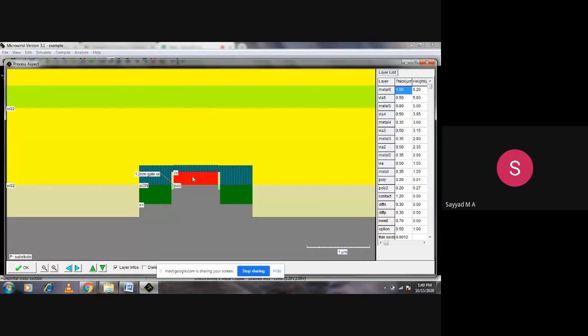But as soon as I put the polysilicon over there, what happened? Whatever N plus was there below the polysilicon, now it is absent. It is taken care of in the process itself. No need to remove that polysilicon. Means if anybody says that I will prepare a transistor like this,